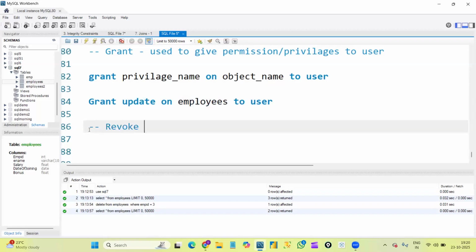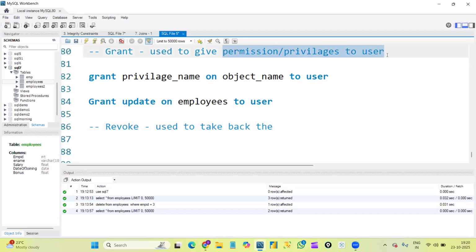Next, revoke. Once we are done with our work, we need to inform our admin team that we are done, and they will take back the permission from us. They won't give us the permission all the time. Only whenever it is necessary, whenever we are working on it, at that time only they will grant us permission. Once our work is done, they will take back the permission by using the revoke command. So we use it to take back the privileges or permissions